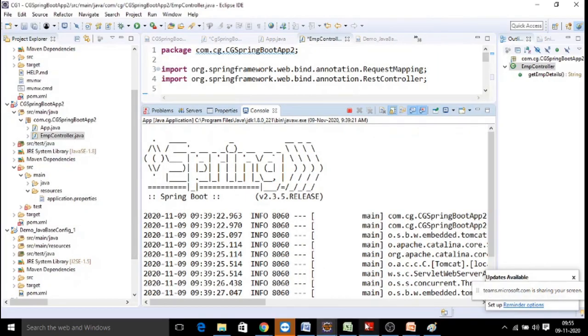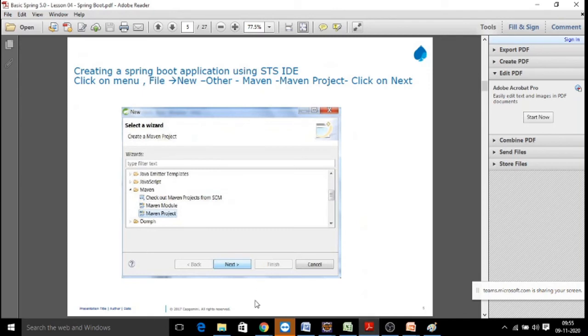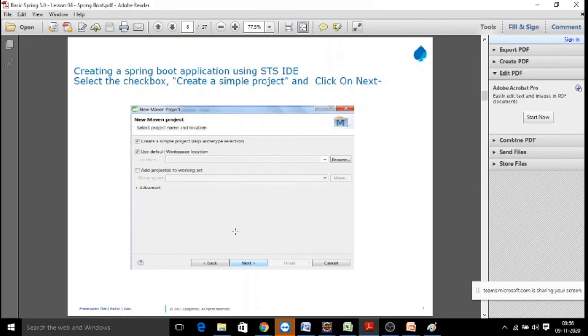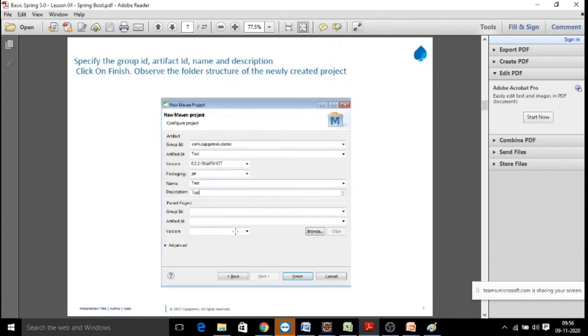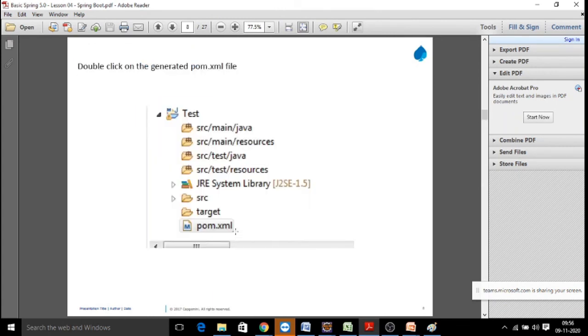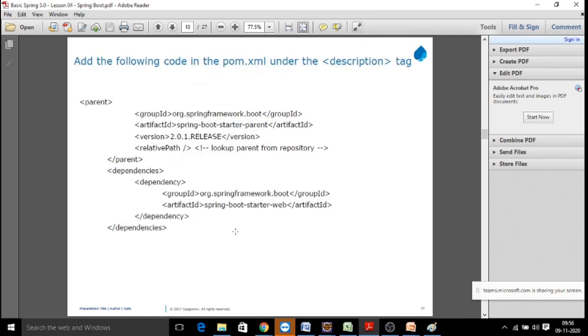That's all about the Spring Boot introduction part. The same thing is also covered in our PPT, like how we create a simple Spring Boot Maven project and a Spring Boot Initializer project, how we set it up, and the structure of the project. It is very similar to what we have been practicing so far. The first step is to add Spring Boot starter parent, and second, you add Spring Boot starter web. Based on our requirements and the complexity of the application, we will further continue with more dependencies.